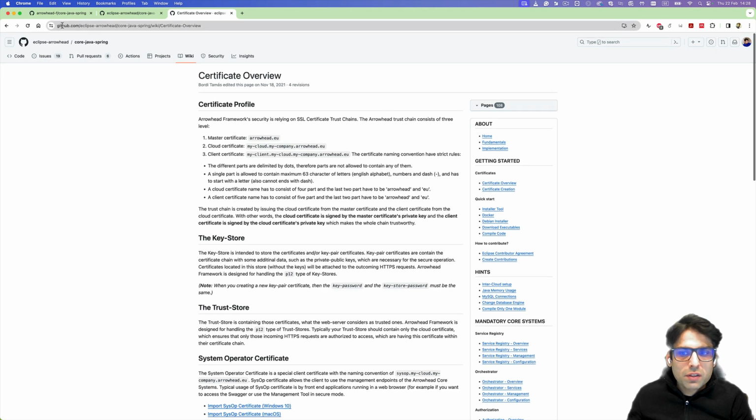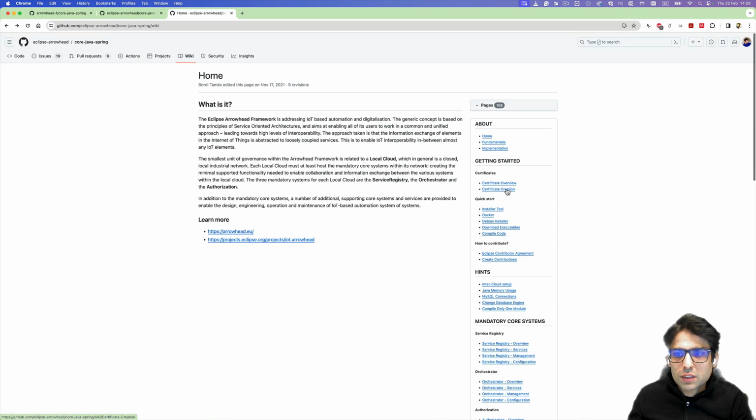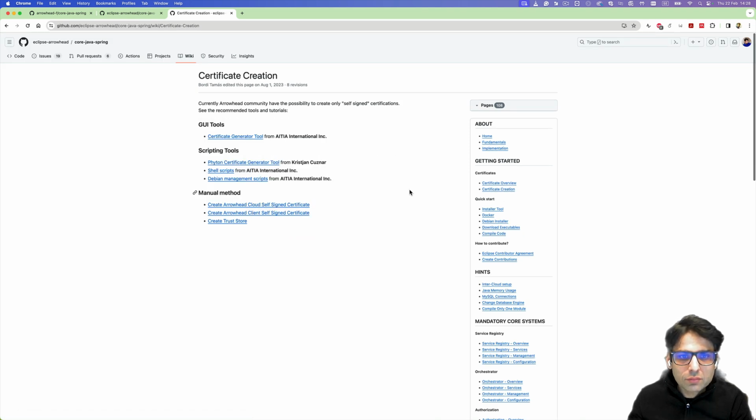So now I will go over the generation process for the certificates. There are three tools basically provided to generate the certificates for the Arrowhead framework. The first one is a graphical user interface tool, which is provided by AITIA International Incorporation. And then there is a scripting tool as well, and also the manual method. So let's go through the manual method first, and then we will go through the graphical user interface tool as